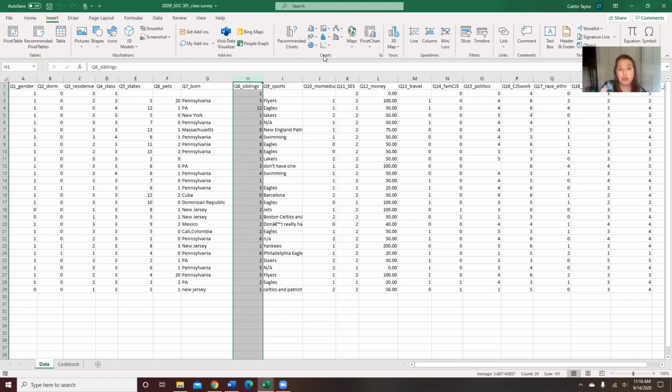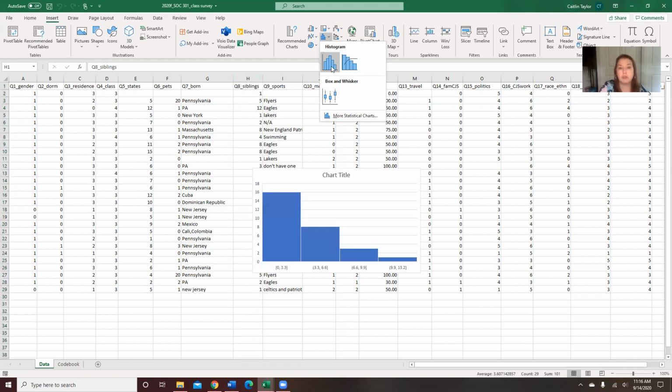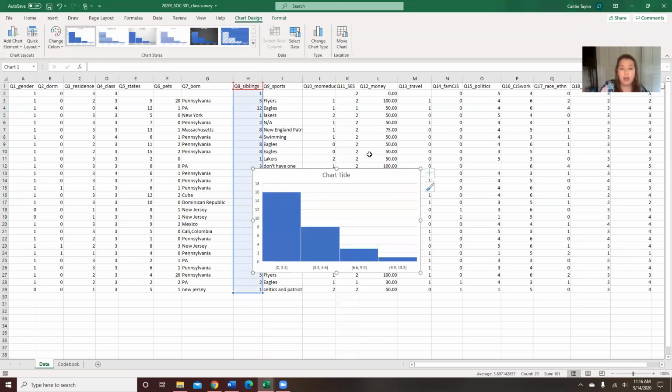Okay, so once we're in the charts tab, the option here for a histogram is this one in the middle, and if you hold your arrow over it, it should say insert statistic chart. So statistic chart is a type of histogram. Then if you click on it, you see a couple of options for histograms. We're going to do this first one here. So click on this first one on the left, and it automatically puts a new chart right into the Excel